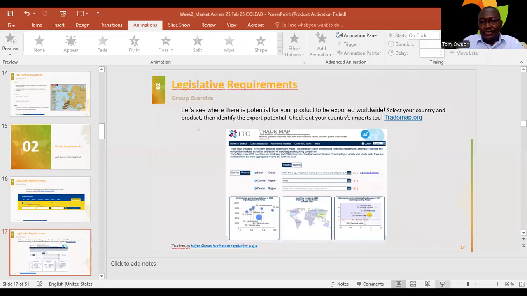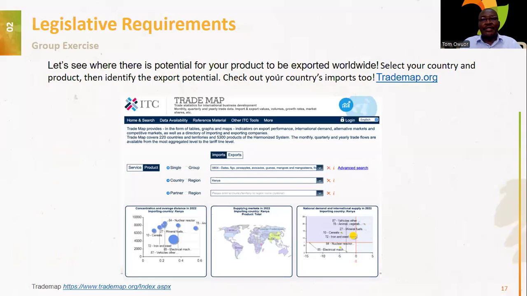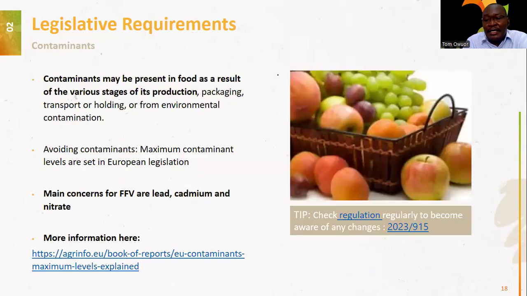So what you may have to do is get into this website, trademap.org, and register yourself, because you can remember there is a login, which means you have to log in to be able to access some of the information that I was sharing with you. In terms of market potential, you will be able to go through this information directly in your own free time to understand it better. Otherwise, a lesson of maybe 1 hour will not be sufficient. But I can tell you for sure, there is a lot of information that you can access from the ITC website, particularly the trade map.